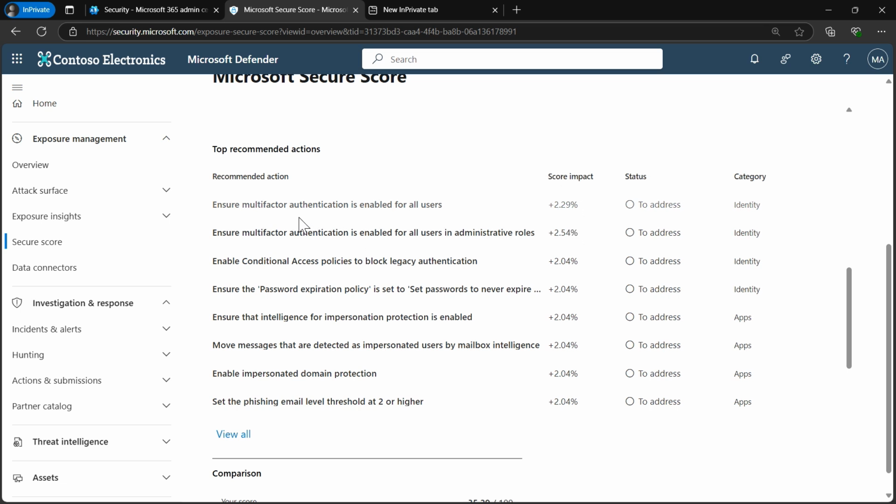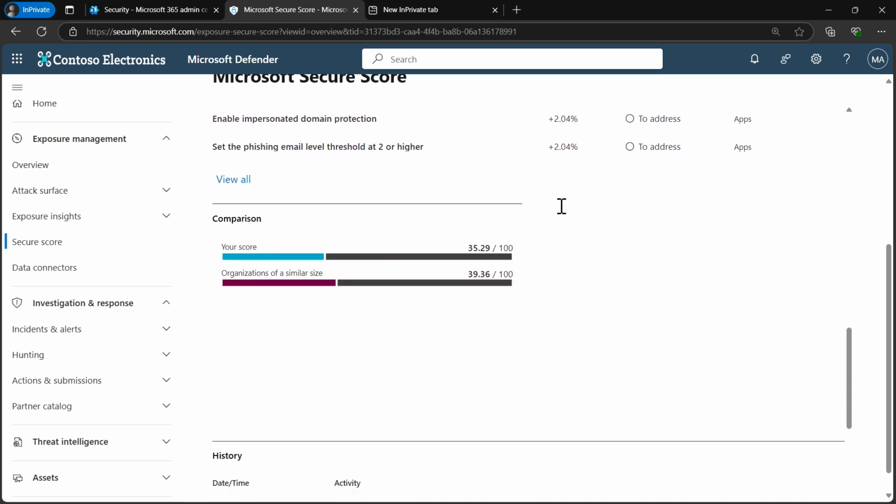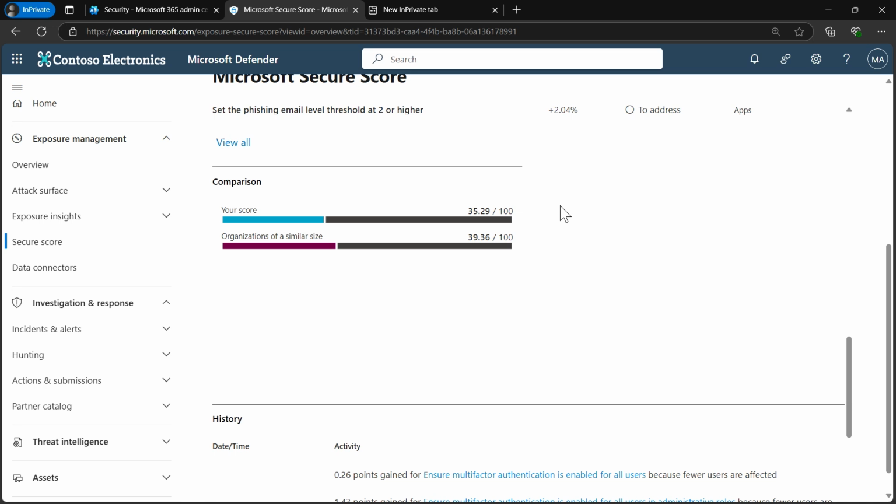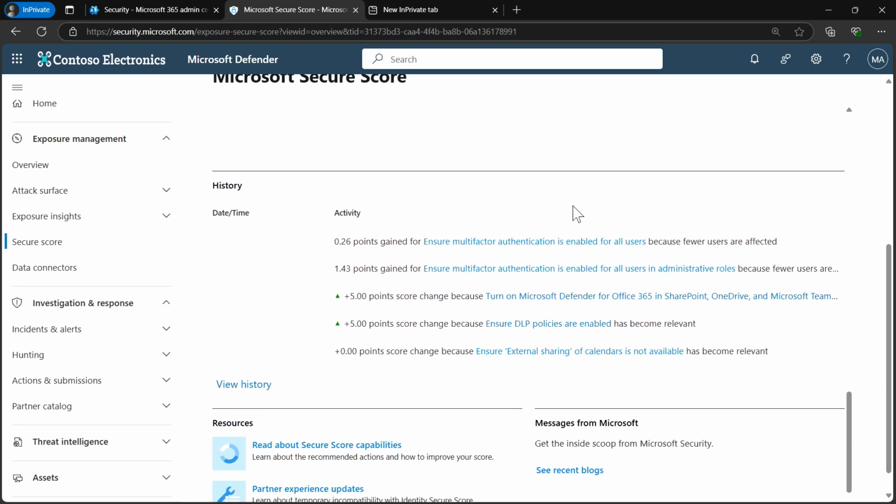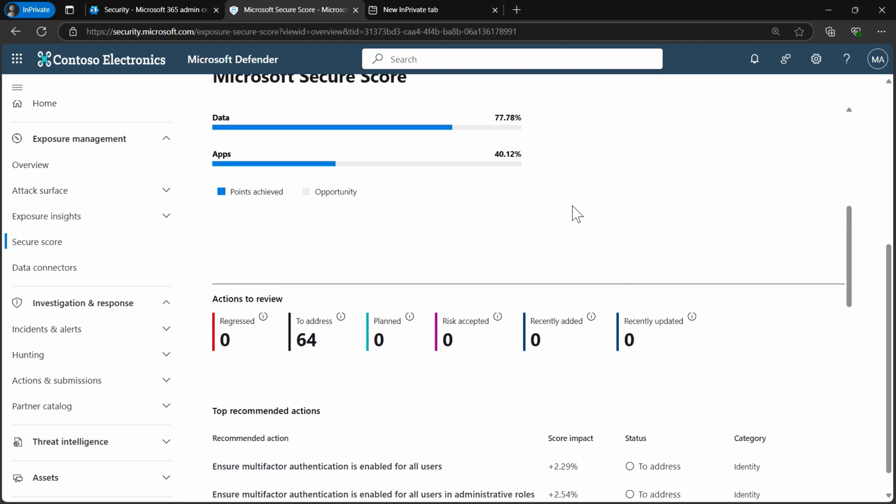So for example, here, ensure multi-factor authentication is enabled for all users, and it's going to add plus 2.29% to my secure score, which is a really big number. We have also a history of what I have done before to improve my secure score.